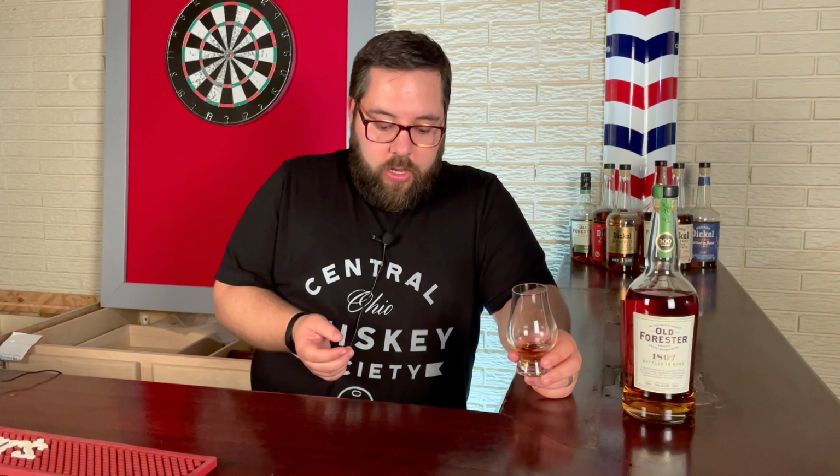We do appreciate a good Bottled in Bond, because we know that it's coming from Old Forester. We know that it is at least 100 proof, and we know that it is a minimum of 4 years. Sorry, I should say Brown-Forman Distillery, not Old Forester, but I digress. So anyway,